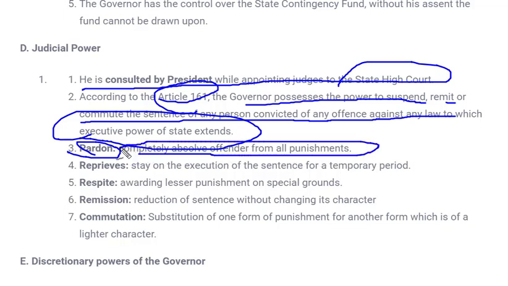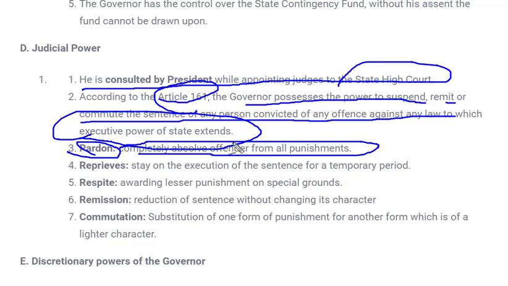For example, if anyone has committed bank robbery and the High Court has given a punishment of 7 years in jail, in that case, if the governor wants, I'm not saying that the governor will pardon this kind of offence, but it is just an example. If that criminal goes to the governor and the governor thinks that it's not a very big crime, the governor can pardon his tenure or his complete punishment, whatever he has got from the court. It was just an example.